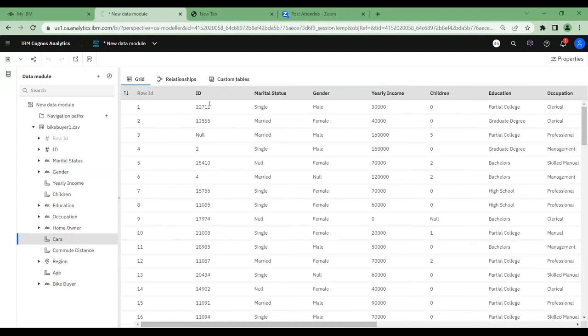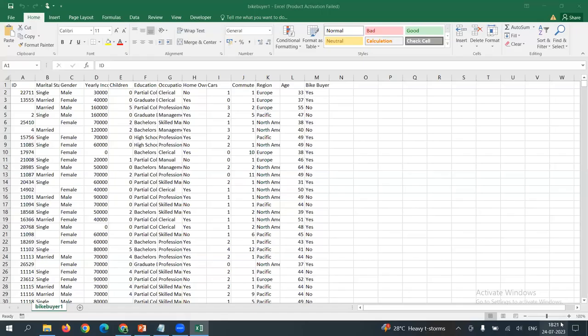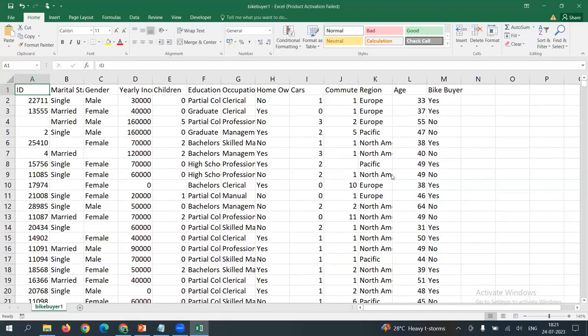Anybody? Observe some columns and some peculiarities. Do you find anything particular, peculiar, or something interesting? If you would open your raw data in an Excel sheet, participants, let me just show the raw data for you all here. I am opening this in Excel format for you rather than in Cognos for some very key observation here. Can you all see my Excel screen? Let me share it again. Yes. Could you all clearly see my Excel workbook here? That is the data named bike buyer 1.csv.